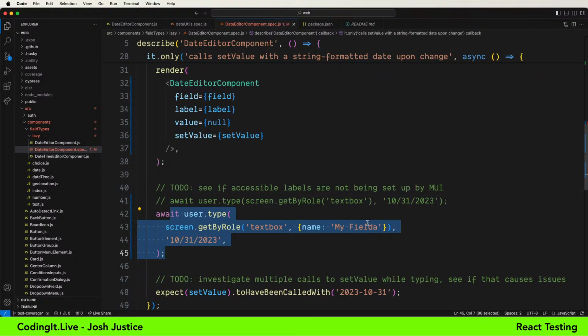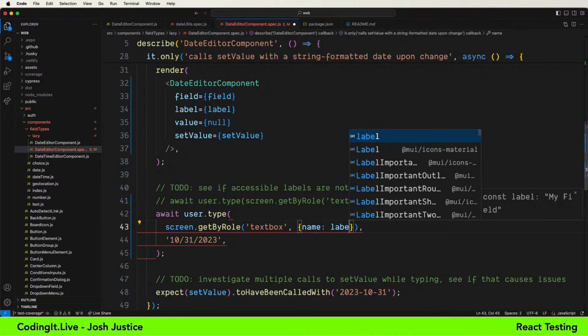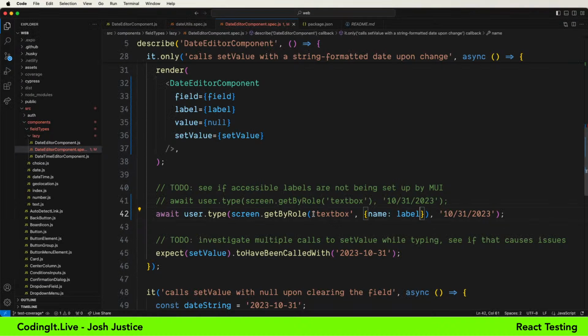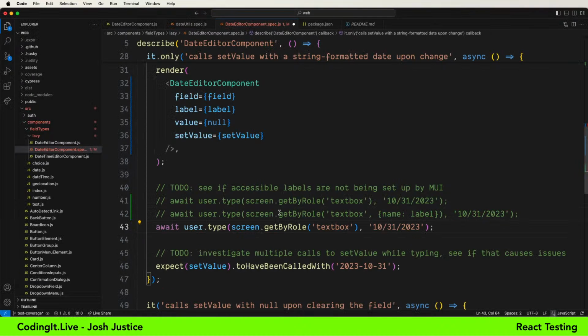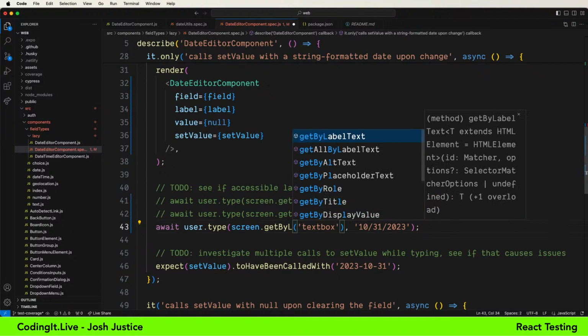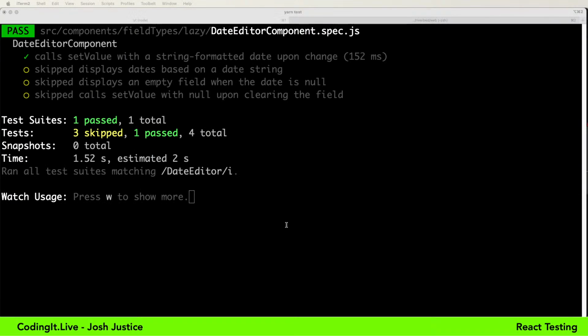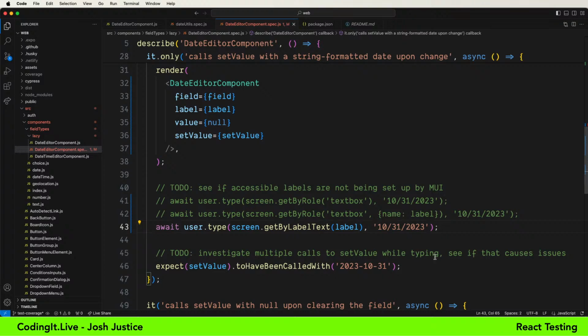Yes, just for I forget, name is label. That passes. Okay, so that's working. But I think before I was doing get by label text label, and that was failing. No, it is succeeding. Okay, I might have, I'm not sure. You all have access to the video, which I'll see later, and so something may have been going wrong there.